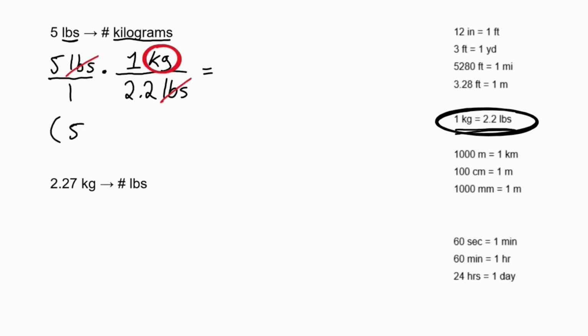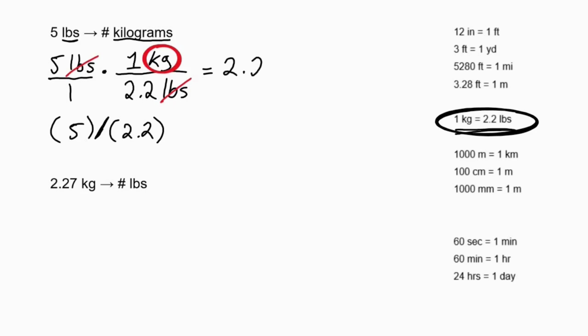Okay, so once again, all we have to do here is plug this in our calculator. We have our 5 times 1, which is essentially just still the 5, divide that by our 1 times 2.2, and this will give us our answer. We, of course, don't actually need the parentheses in this problem for plugging into the calculator because it's just 2 different numbers, but I typically use parentheses just to explicitly define what we're plugging into the calculator. And we get